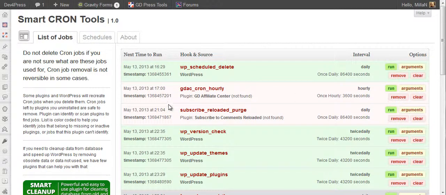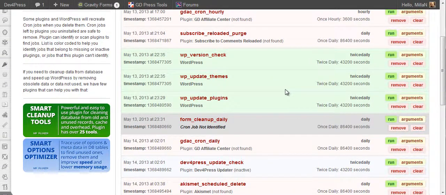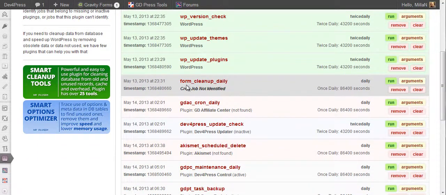So, for instance, there are two reddish jobs here belonging to plugins that are not found. They are identified using this internal list of jobs, and these plugins are not found in this installation. Next, we have another 3 WordPress jobs for update checks, and then we come to a job that is not identified. It's not in the list of jobs in this plugin, and it's also not found using the scan method.